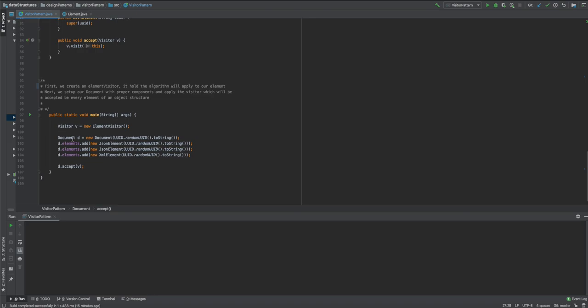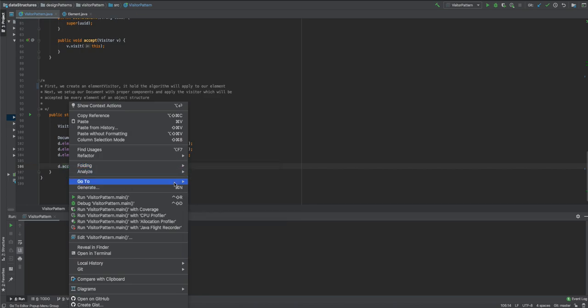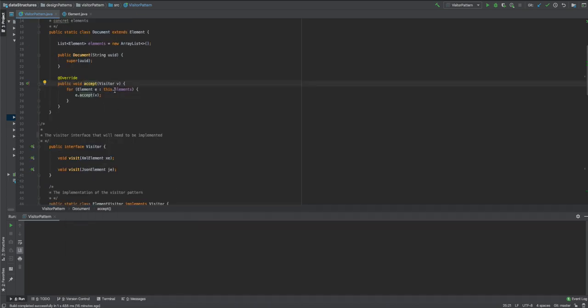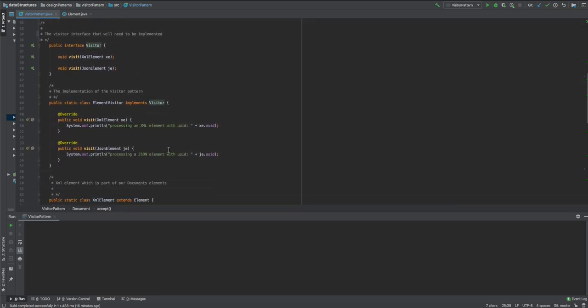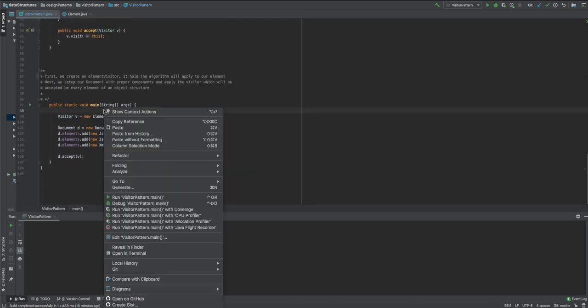In the main function, we have a visitor and a document, and in this document we add a new JSON with a unique ID. We add another JSON with another unique ID, just so there are two different elements in the program, and we add an XML. And here, because this is a visitor, we apply the visitor functionality on all these elements. This is what we do here. D is a document, and then we apply the function accept. If we go right here, we'll see we are looping over all the elements, and because it takes a visitor, it applies the visitor functionality. In our case, we'll only print out these two statements. So if we run this function,